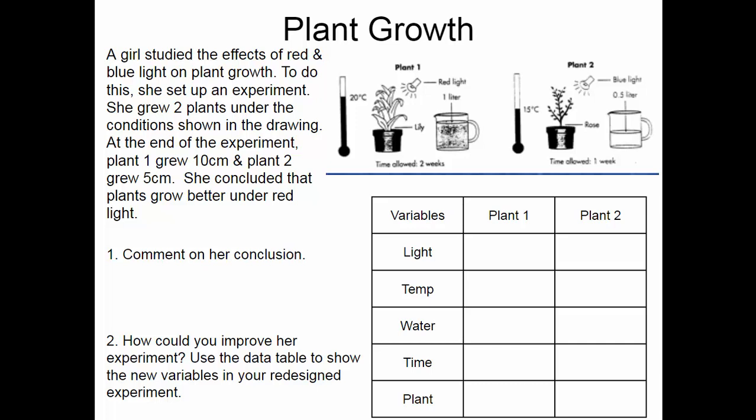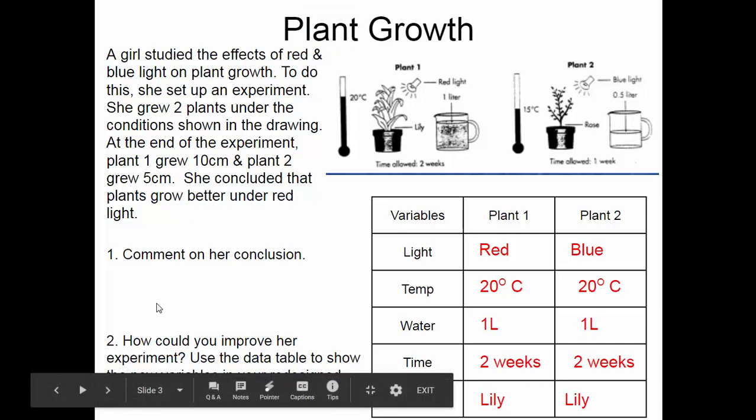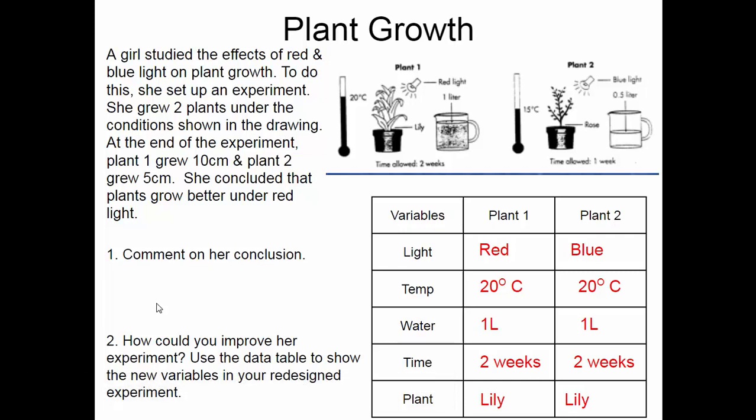The only thing we really want to be different in this experiment is the color of the light, because, like we said, that's what we would be testing. Now, it doesn't really matter. You could have said half a liter for both, or you could have said 15 degrees Celsius for the temperature. As long as all of the conditions, except for the color of the light, are consistent, then we could say this is a good, valid experiment, and we can rely on the results. So if we had done the experiment this way and saw the same results, then we would say it is a valid conclusion. It would make sense based on what we did.